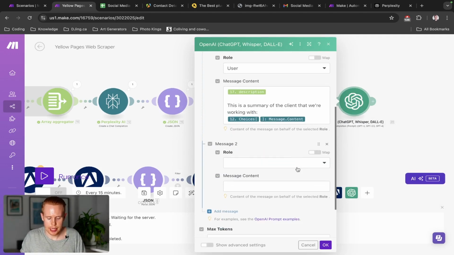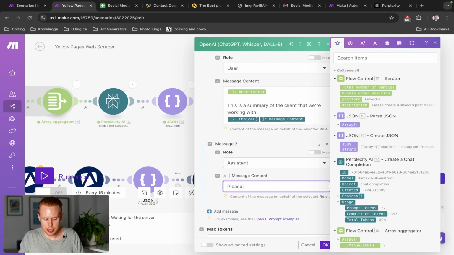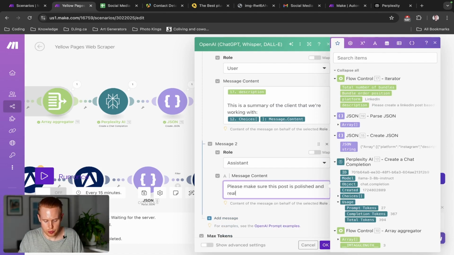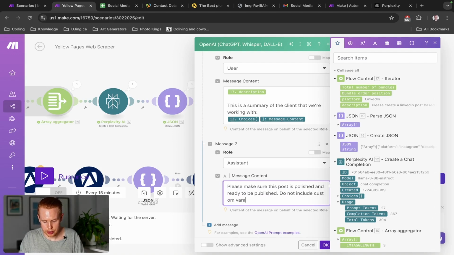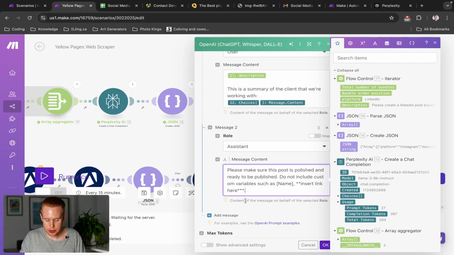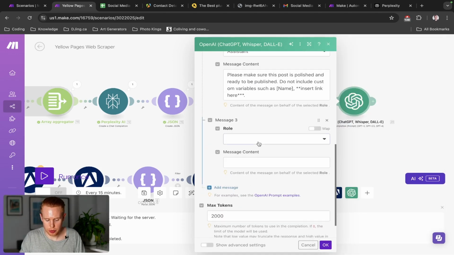So we can go ahead and add another role in here, which is assistant, and just say, please make sure this post is polished and ready to be published. Do not include custom variables such as name or insert link here. So that's one thing that we want to do, and we just want to add one more assistant here,